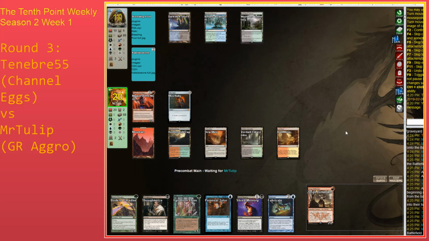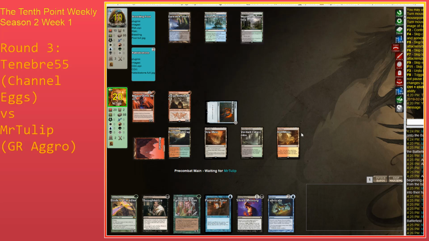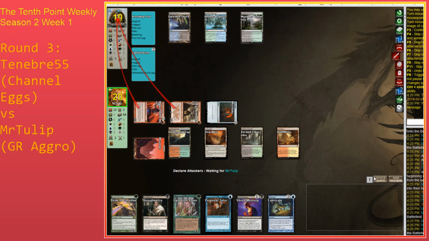I am a very dumb individual. Yeah. I think Tulip can still easily... Oh, no. I mean, yeah. I mean, Tenebrae still is under pressure. He's just not under a ton of pressure. And he still has a couple turns. And they need to see if he...